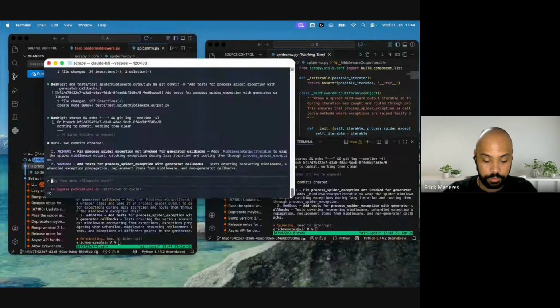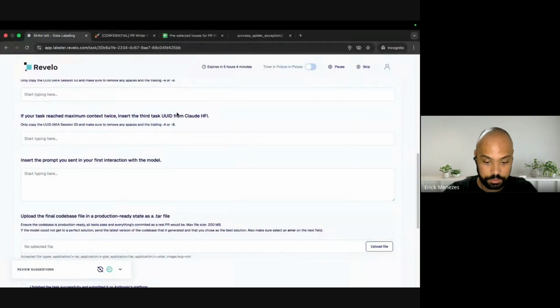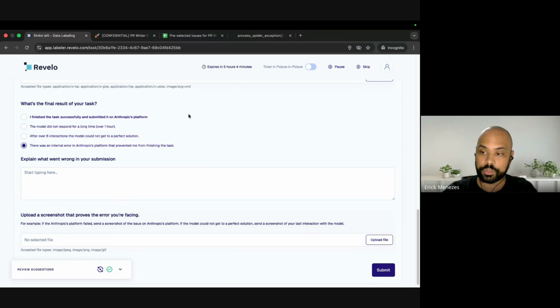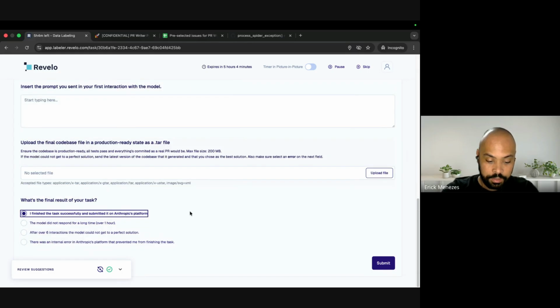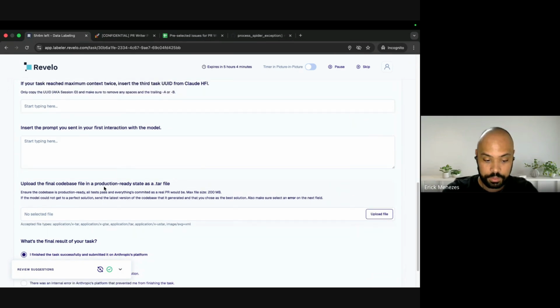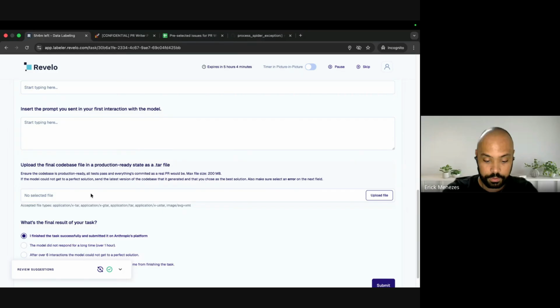So we can finish and close because once you are satisfied with the solution, once you did everything right, you click here on the platform and you have to upload the tar file, all the repo that is on your machine, all the changes. Okay.